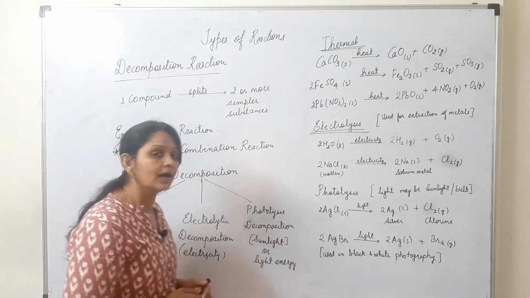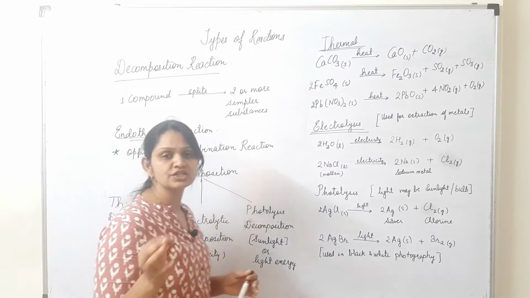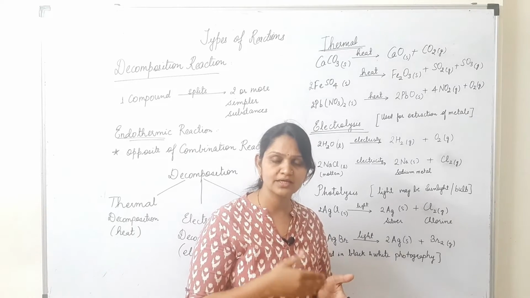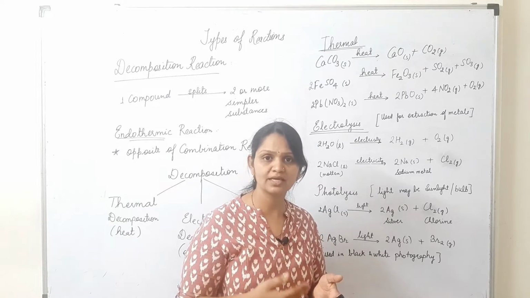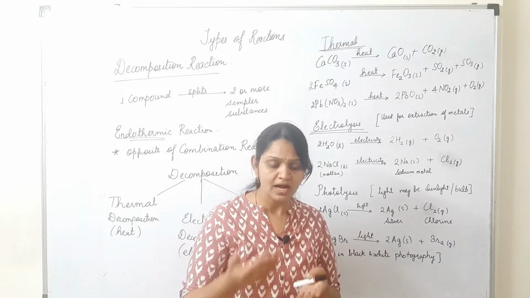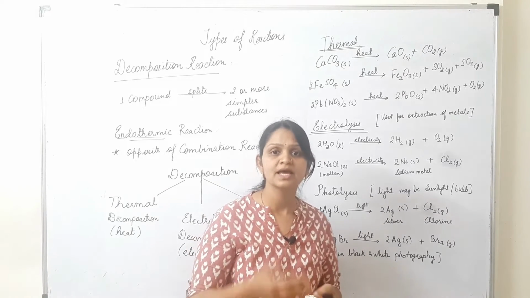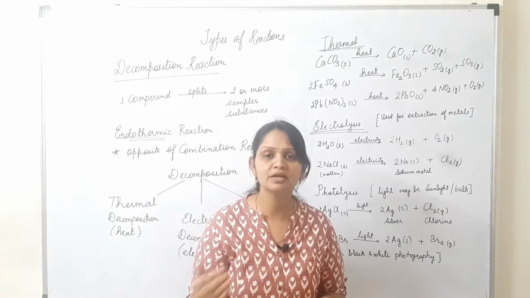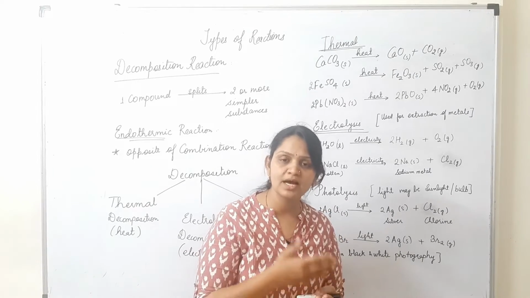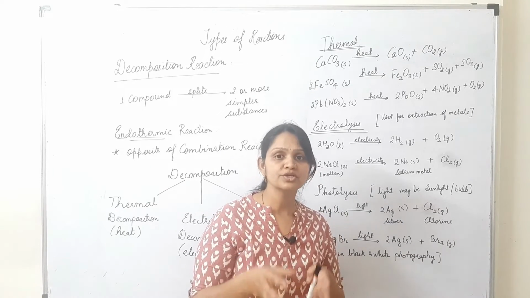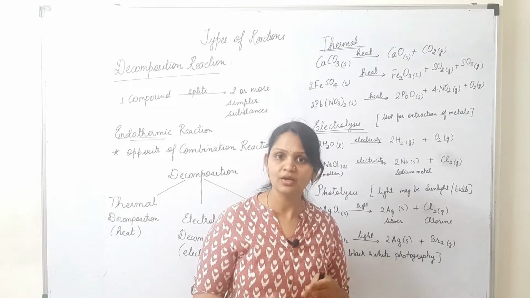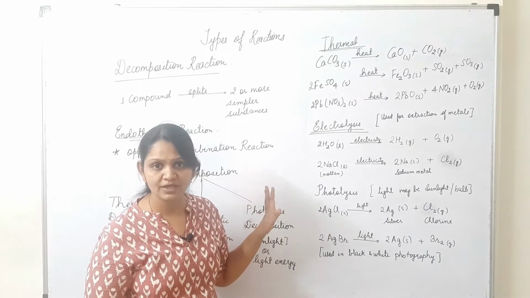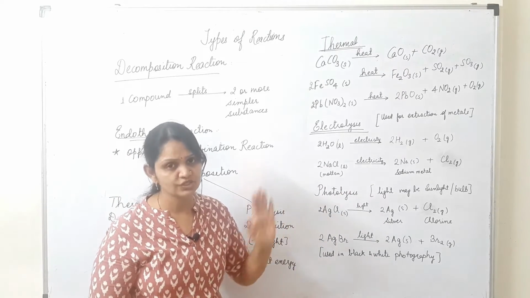One more thing, the process of digestion in our body is also an example of decomposition. The carbohydrates, proteins and fats in the wheat, rice or paneer we eat are different forms of nutrients. These are converted into simpler forms like glucose and amino acids. So decomposition reaction takes place in our body also. I hope you have understood the different types of decomposition reactions.